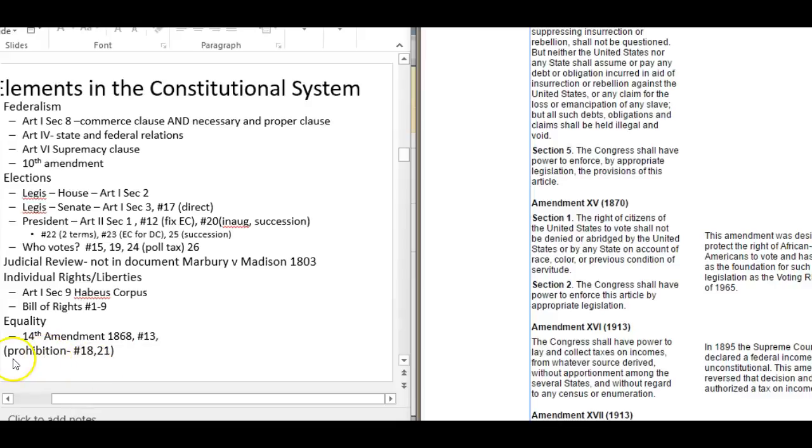Prohibition, of course, made a brief appearance in the Constitution. But one of the takeaway messages that I want you to think about is the fact that all of this and all of these amendments as well are procedural in nature. Prohibition was really the only attempt to settle some kind of policy question in the Constitution. And it didn't work out. We ended up taking that out. So all of these are really procedural questions. Who gets to participate? On what terms is the game going to be played? And policy questions are left for